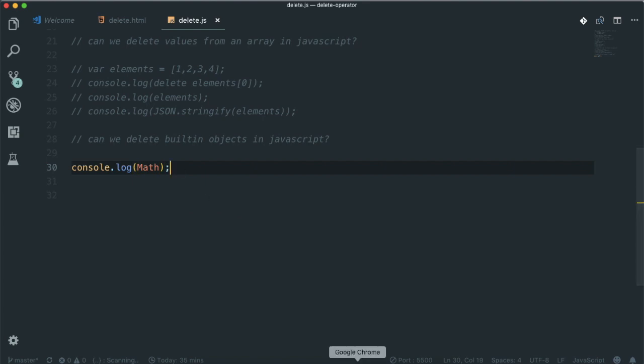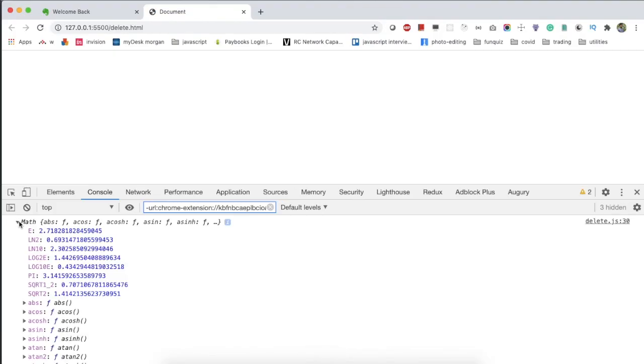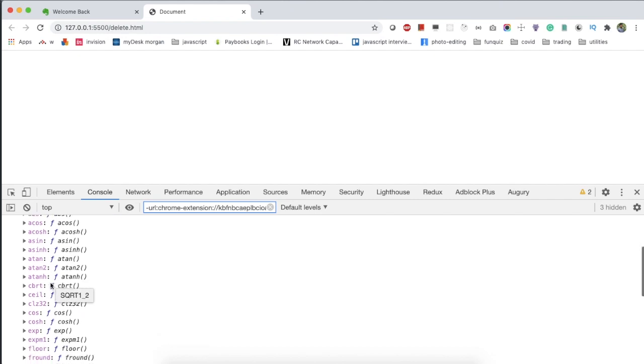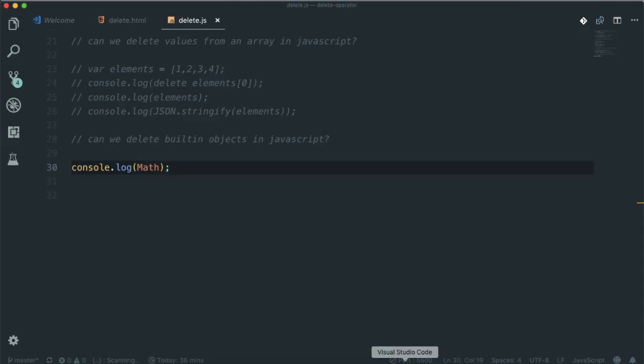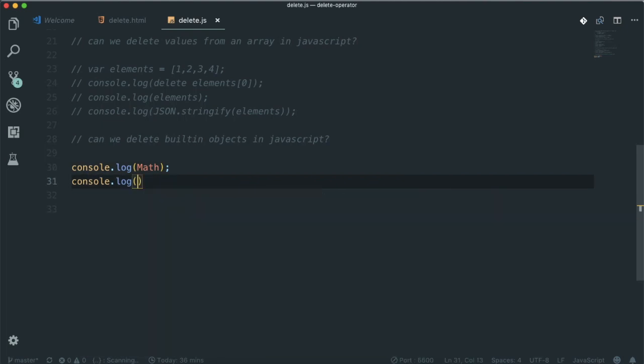If I console it, you can see the many methods which are available on math, and you can access them. Now if I try to delete that object, console.log of delete math, what will happen?